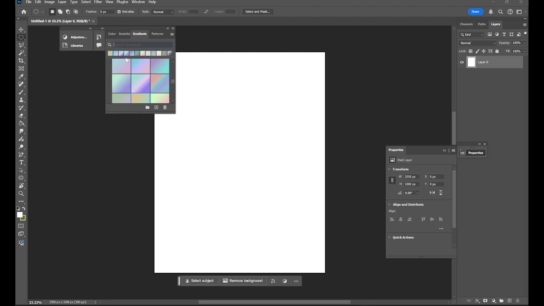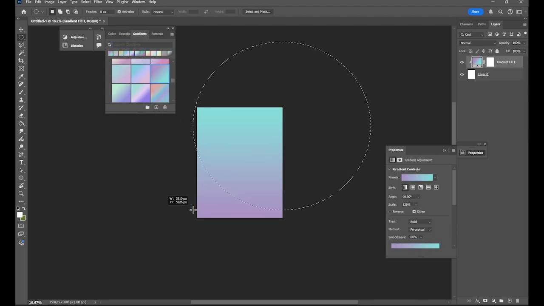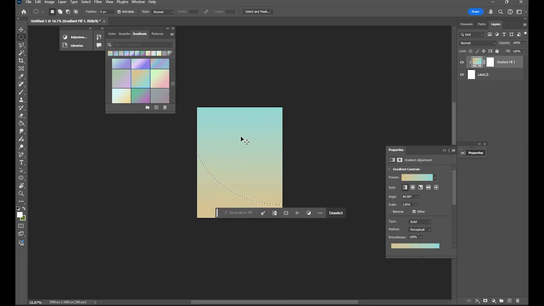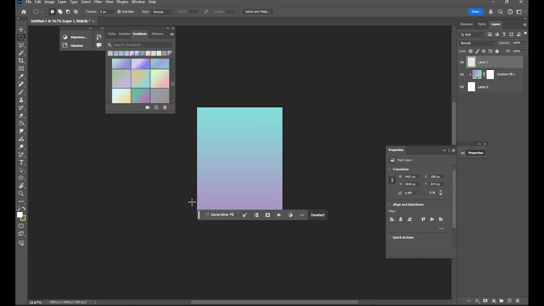So now I'm going to go to gradient and choose some of these funky colors, because in my memories, I remember the textbooks being very colorful when I was in middle school or elementary school. So I'm just going to choose a few gradients, do what really feels right to me, and just layer on those colors because why not? Everything was about color back then.